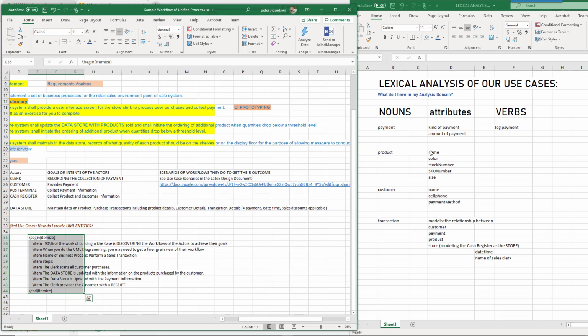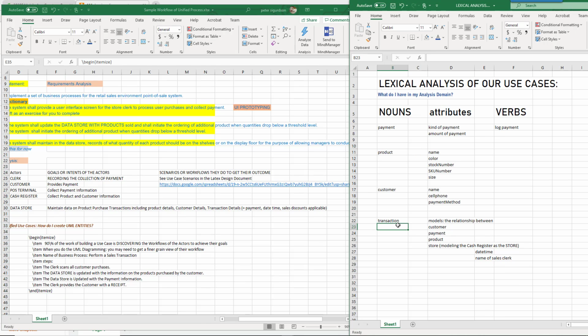So product, a customer, a transaction. Once again, that's going to be an object, and it will have fields of type customer, payment, product, and store. Well, why are we putting the store in there? Because we need stuff we cannot easily get to otherwise. And by the way, this is